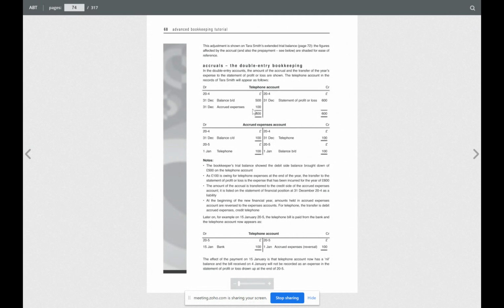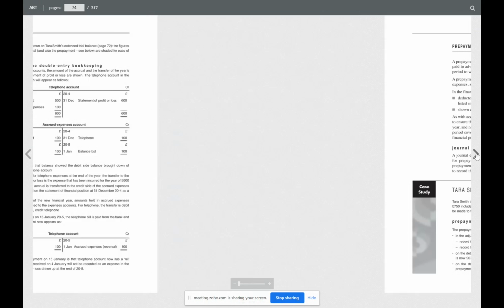In this year we created an accrual adjustment. So we said telephone debit and accrued expense credit. All right, and then this figure is at the end of the year. This is shown as balance brought down. Well, for you not to be confused, just remember those 4 entries, and if in the exam you're given the days, you will be able to make out the accounts. So I will go back directly to the